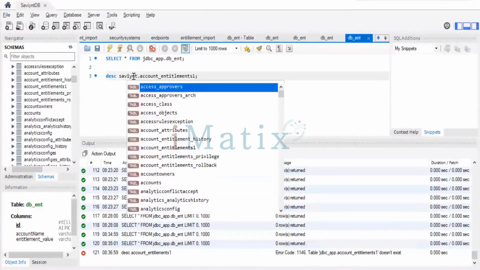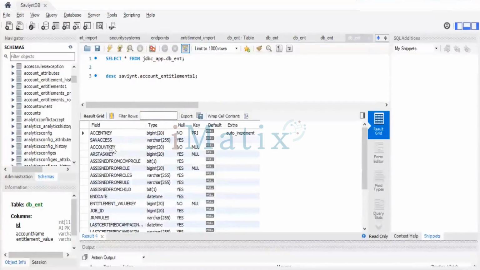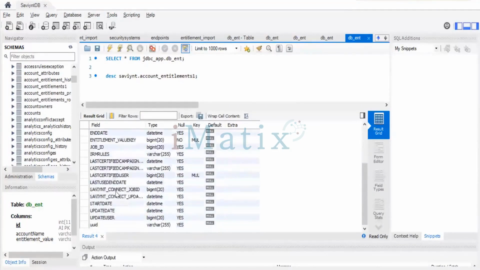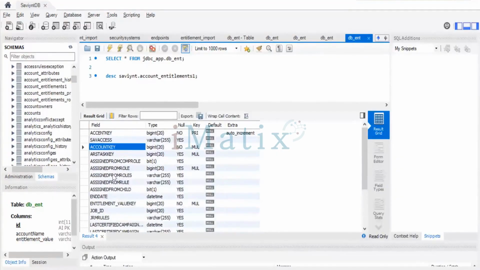Saviynt dot to take down is the query. It is taking your account key. And I don't know where to look. Let me give the query we have: select